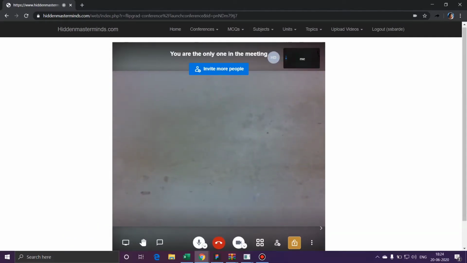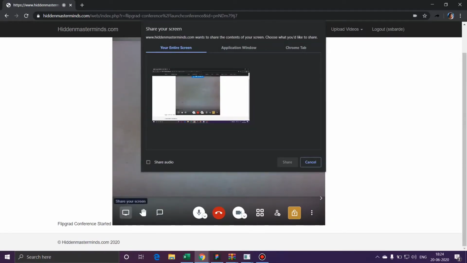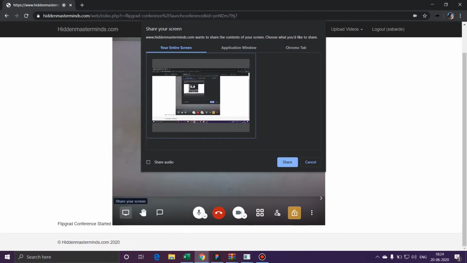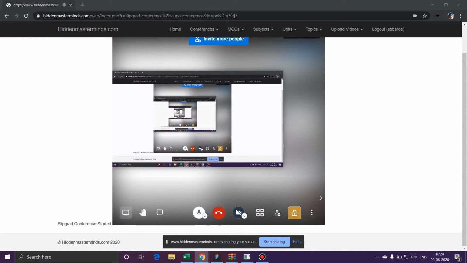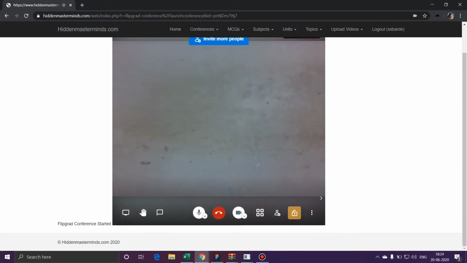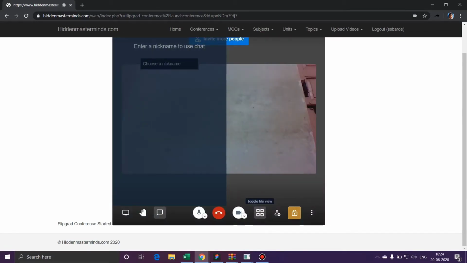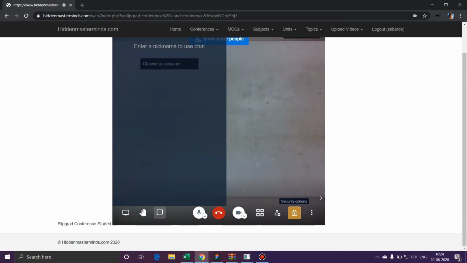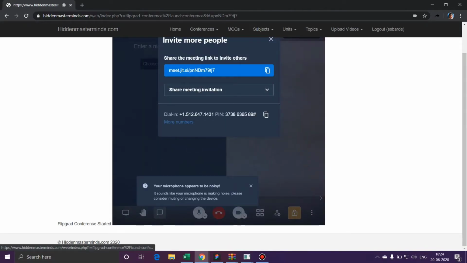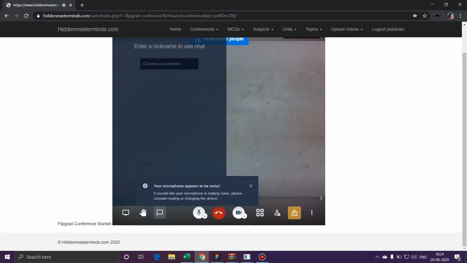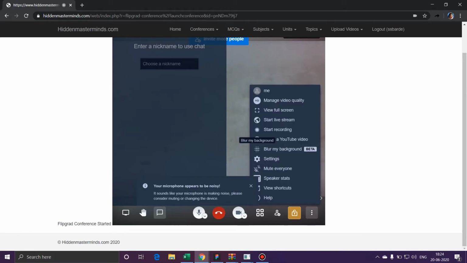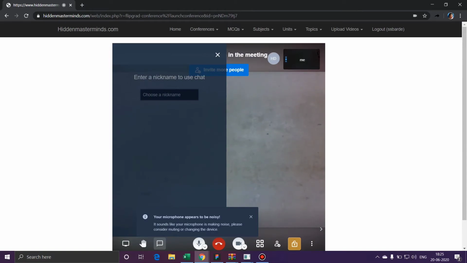And now here you can share your screen by clicking on the screen icon. The students will see that screen on their mobile phone when they join. And here you can chat, you see the chat view, whatever the students are asking by chatting, you can see it here. And here you can invite, but you are supposed to ignore this, as students will see your session in the application only, so you are not going to share any joining link there. And these are the common functions you can utilize if you want to.